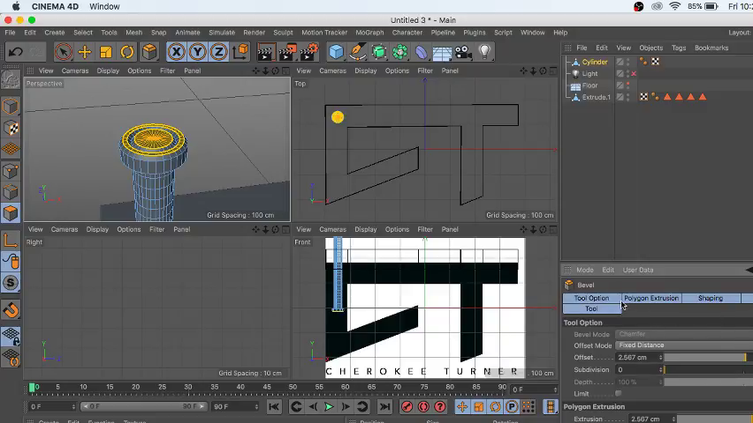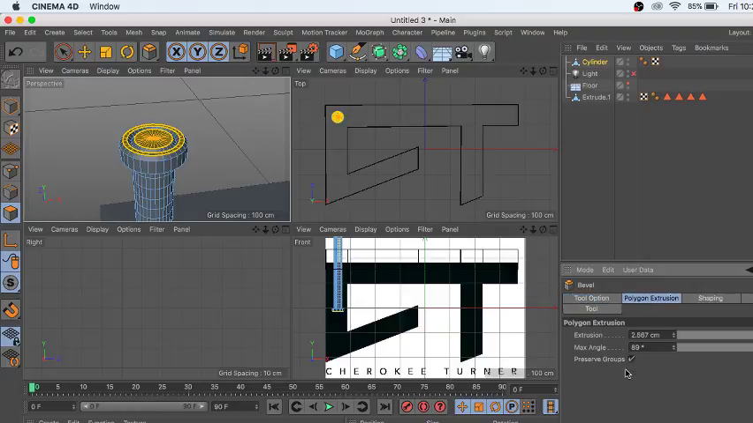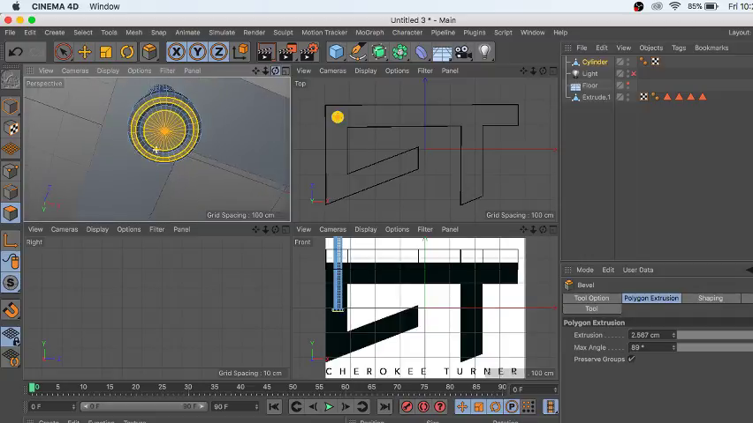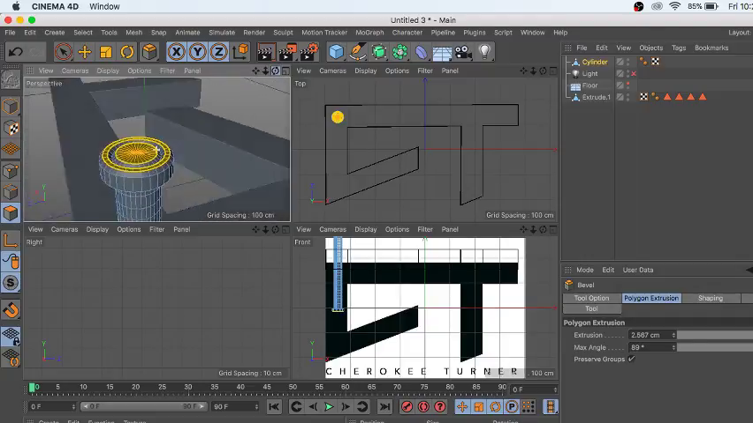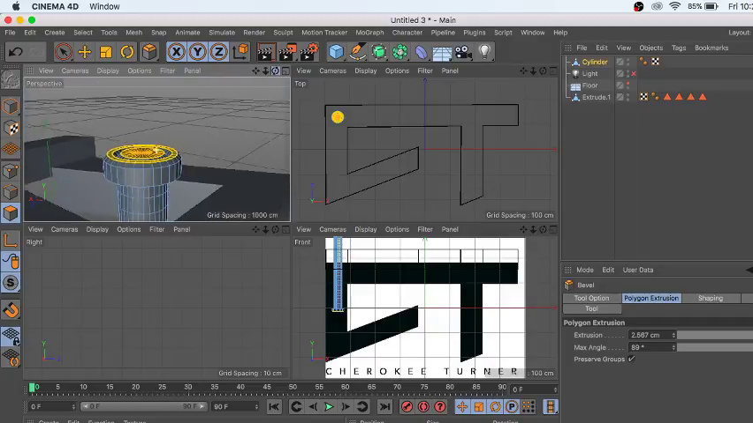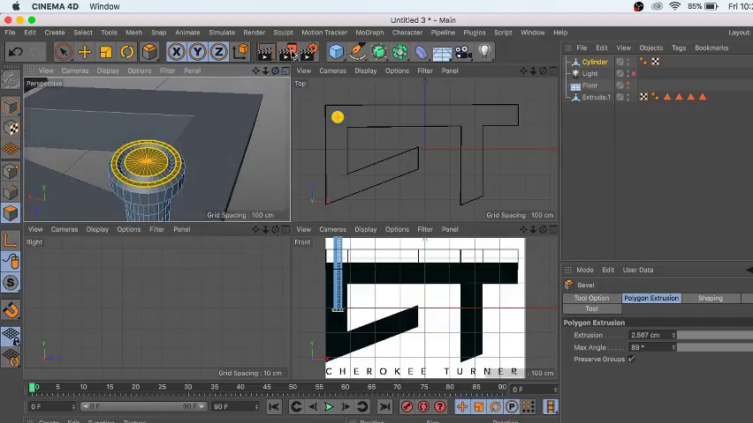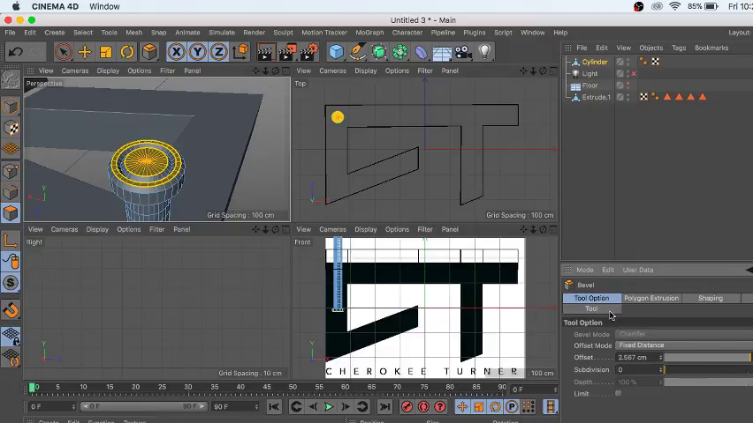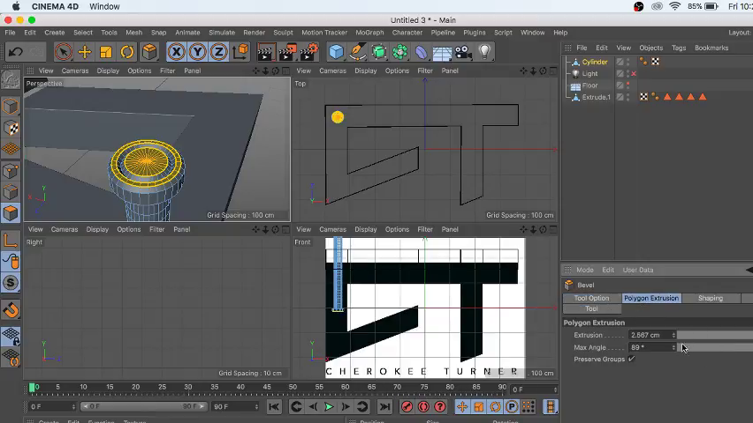Offset mode. I don't want that tool option. Where's my preserved groups? Well, that's not good. Well, I actually kind of like that. It's kind of cool. Yeah, we'll keep it just like that. Okay, that looks nice. Let's try to maybe make it a little bit